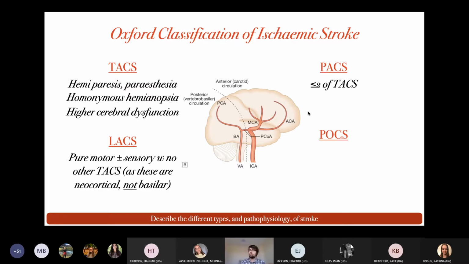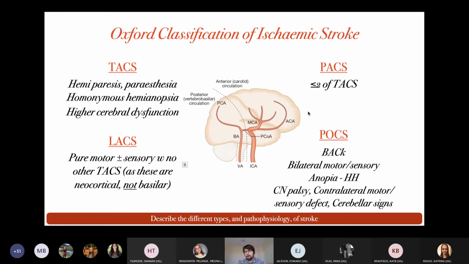So as soon as a patient presents with a stroke, you think to yourself for this exam, okay, does it fit any of the H's? Yes, it does. Right, then I know it's either a tax, pax, lax, or POX. If it doesn't, it has to be a POX before we learn anything else. Simple, right? Well, I say simple. But if you do want to remember the list, the mnemonic is back, because it's for the back of the